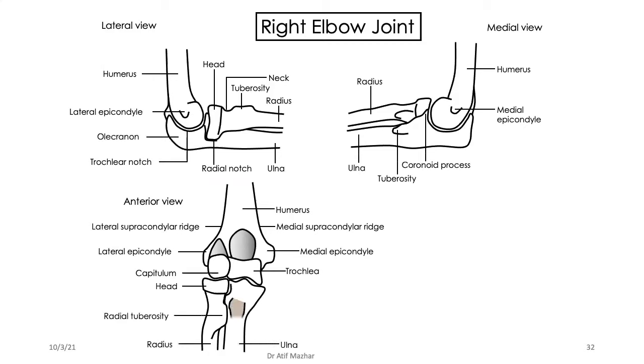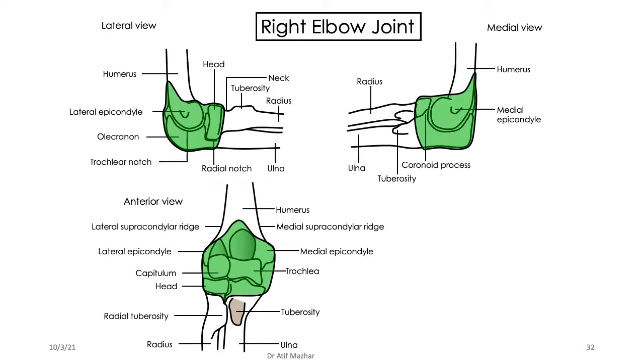So let's put now the capsule. This is how the capsule covers my elbow region. And then there's a bursa. This is called student's bursa. Can you see this bursa? Under my elbow, when you put your elbow on a table, this bursa is protecting your elbow. Subcutaneous olecranon bursa, but in simple language, we call it student's bursa.